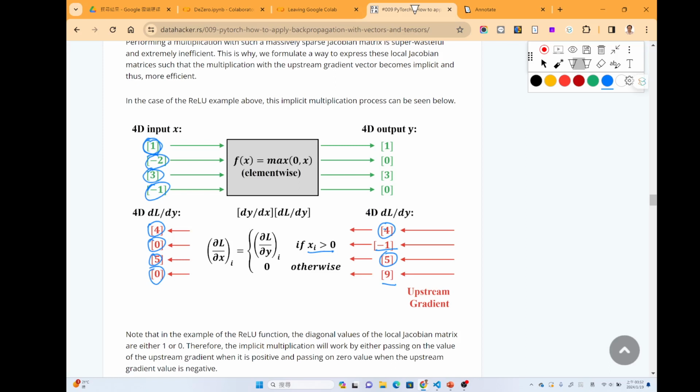So by using this way, there's no multiplication. We just do some positive checks to decide if we want to allow the gradient to pass or not. So the complexity of this algorithm is much less than the Jacobian matrix.